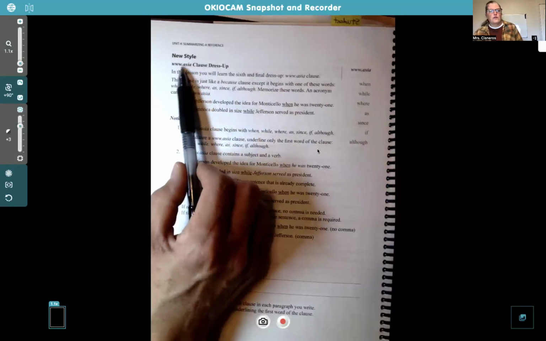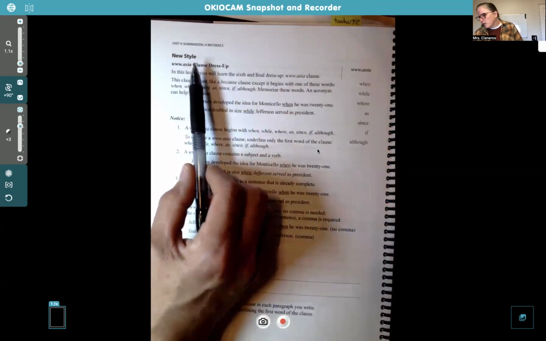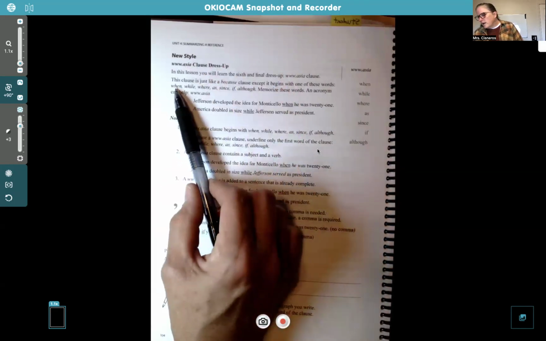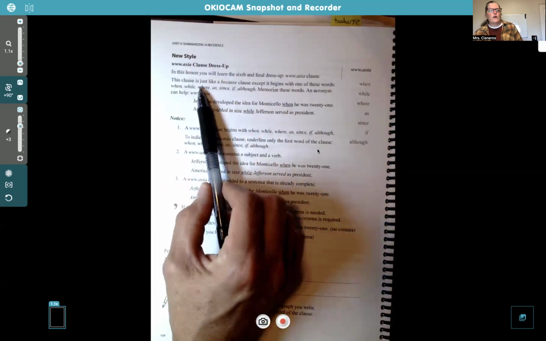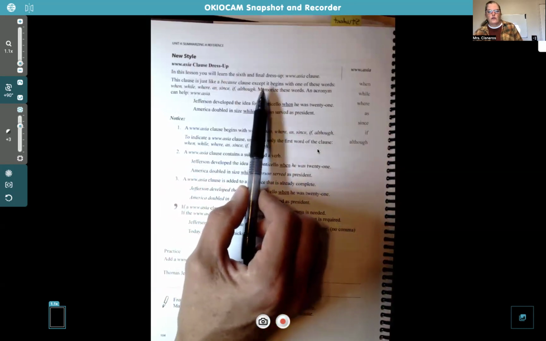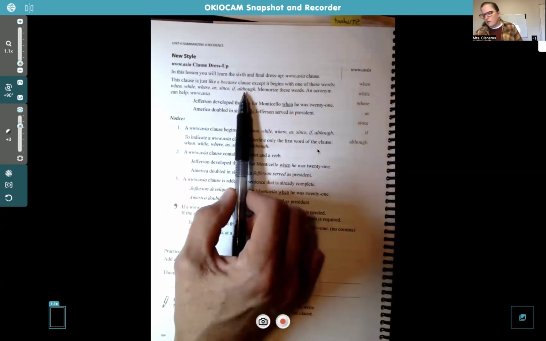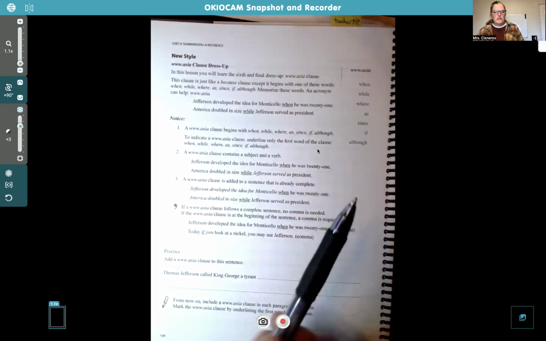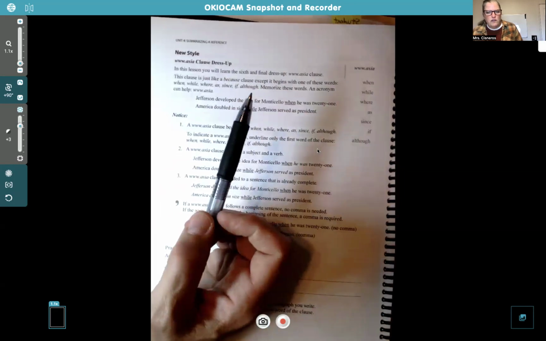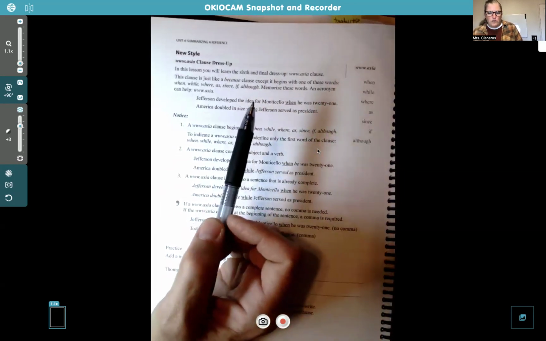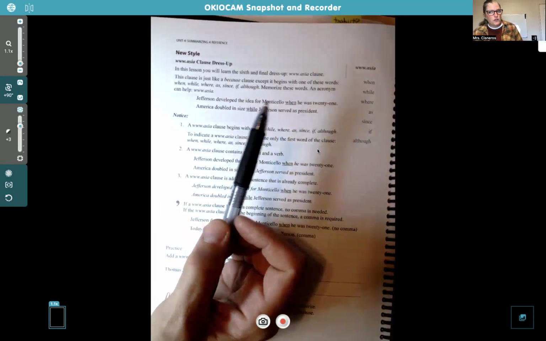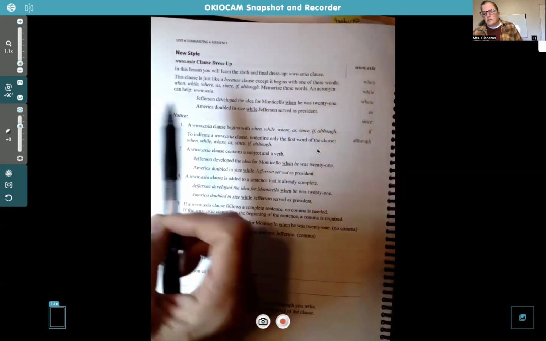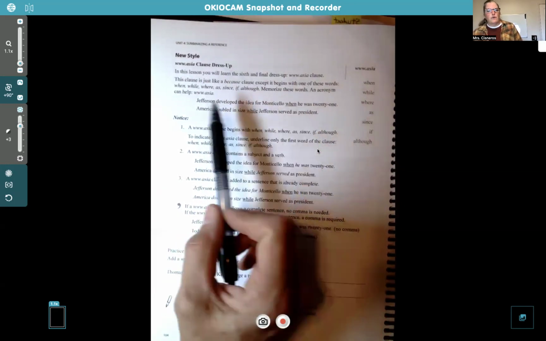This is separate. These are only the www.asia words. And it's right here, the list: when, while, where, as, since, if, although. No because on this, right? We're stopping on although. They're listed here on the side if you forget. So basically what you're going to do now from this checklist is use one of those words in a sentence. It does not have to be the first sentence. It has to be somewhere in the sentence, like this example.